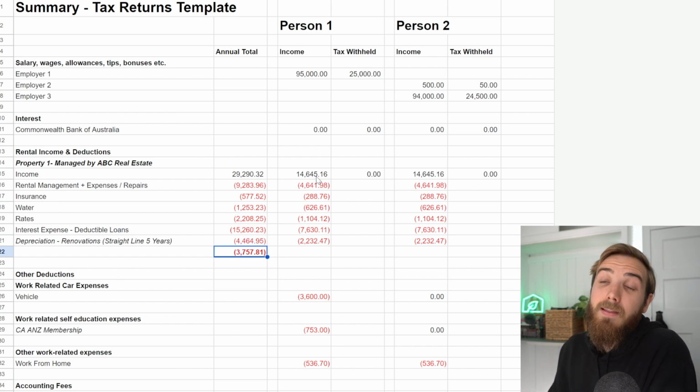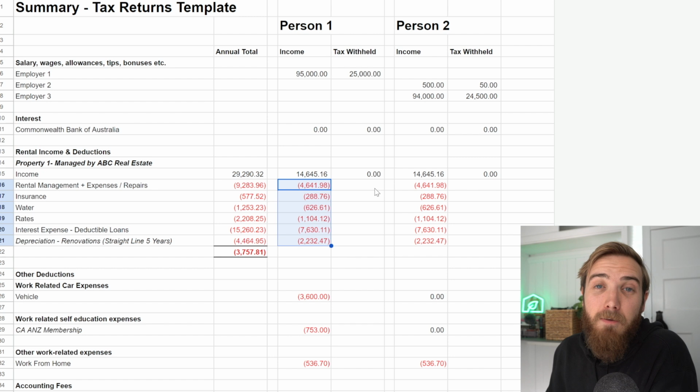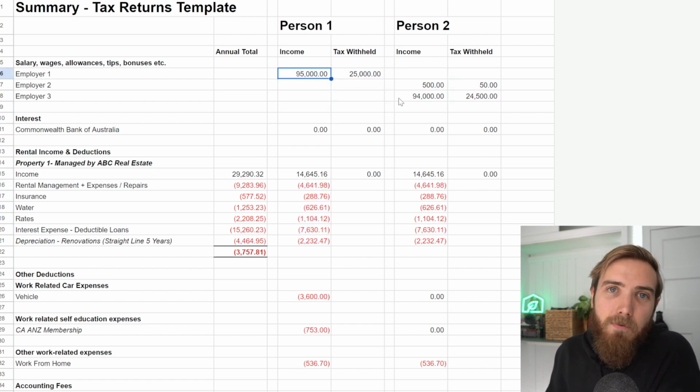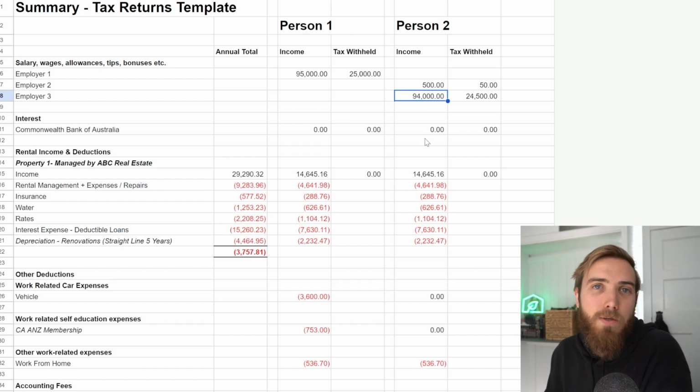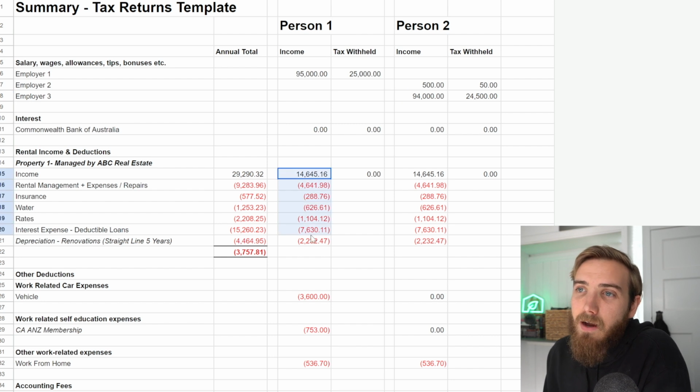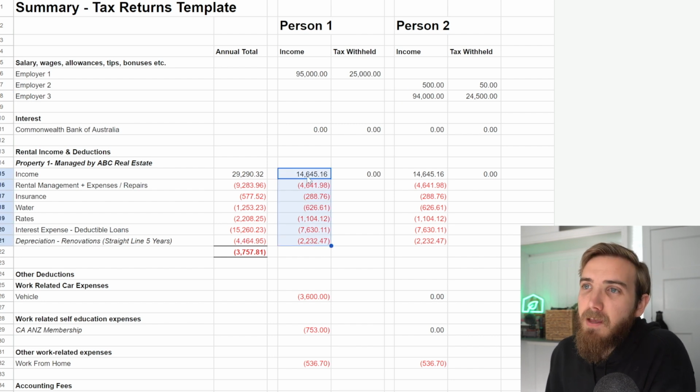The way this is done in this example, this property is owned 50-50, and therefore the income and the expenses are split 50-50 in the spreadsheet. So we have our individual incomes where one person earns 95K and the other earns 94K. So obviously a young couple or working professionals. And then in the scenario where they own the investment property 50-50, the rental income is split 50-50, as well as